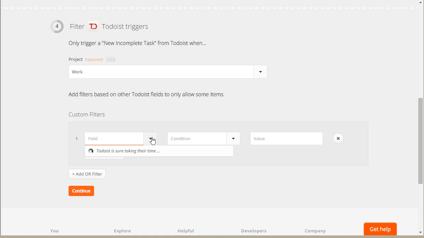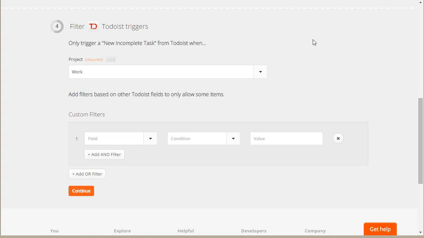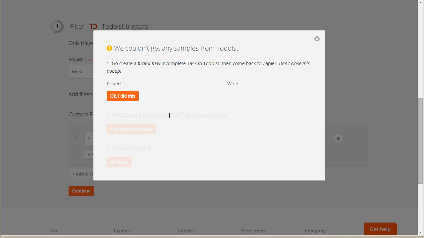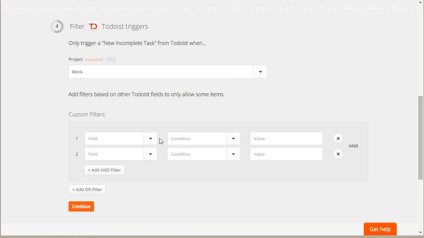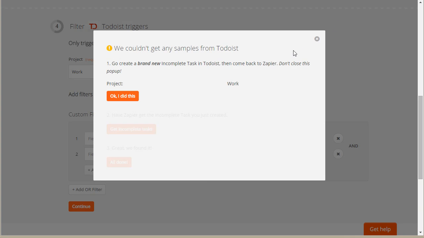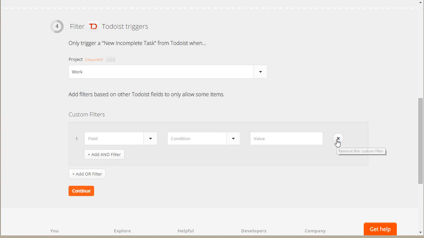where, I'm just going to look up the fields here. I'm not sure why it's taking so long. So we can say we only want it where the area code, that might happen because I haven't done anything. So yeah. Okay, so but the idea is that I might be looking for